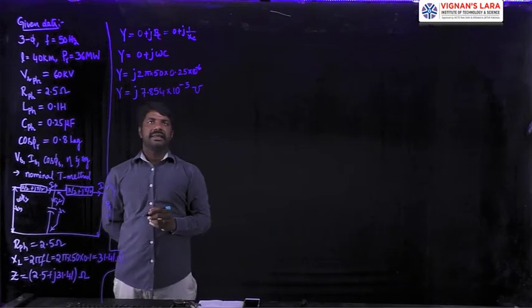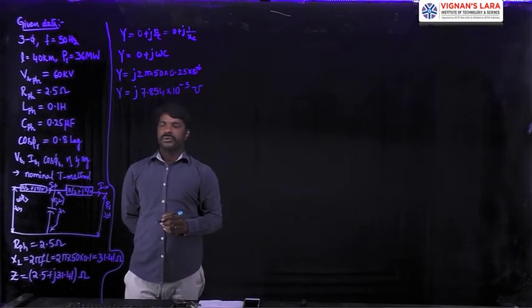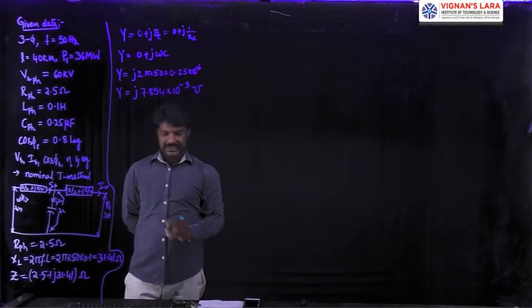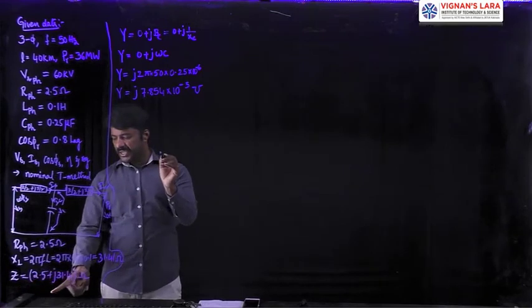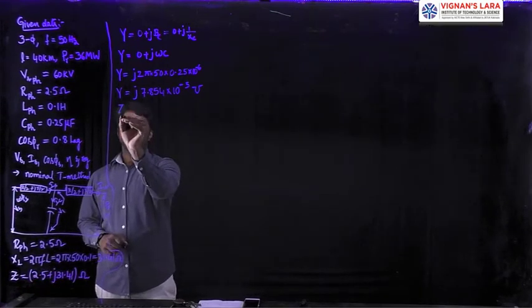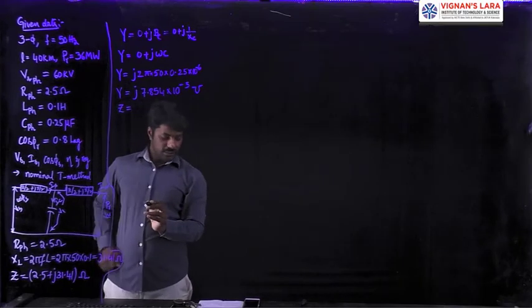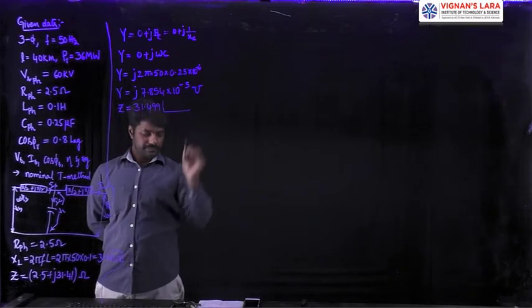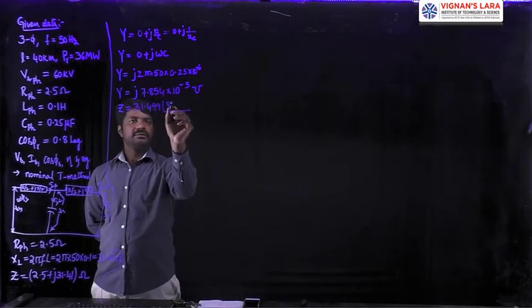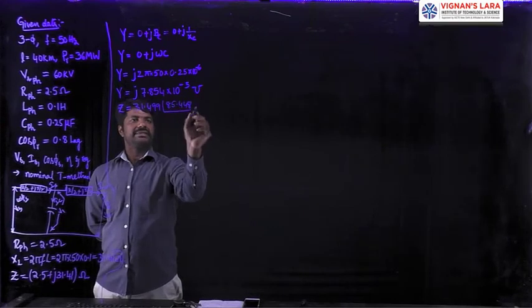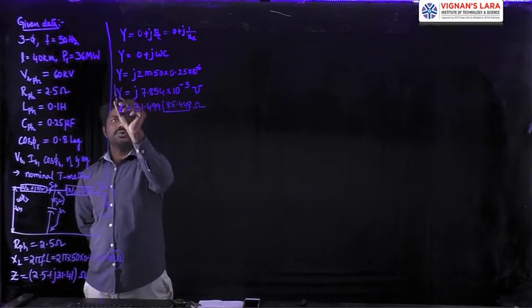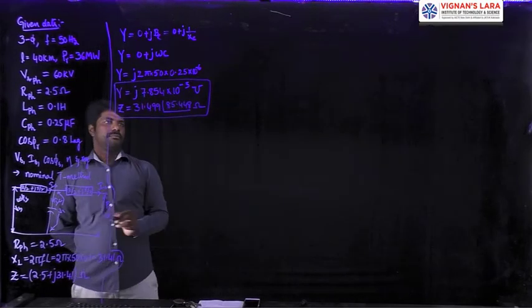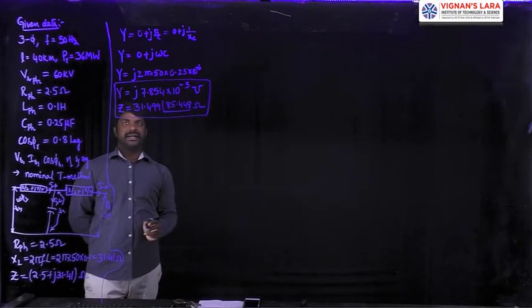You calculate in the calculator and verify that Y value. So in total we have Z and Y. The magnitude of this Z, complex notation converted into polar form as capital Z, is equal to 31.499 at an angle of 85.448. This is in ohms. These two are required for finding out the entire problem. Okay, that is Z and Y.